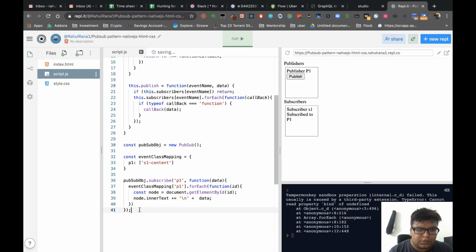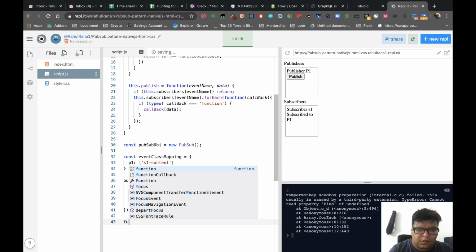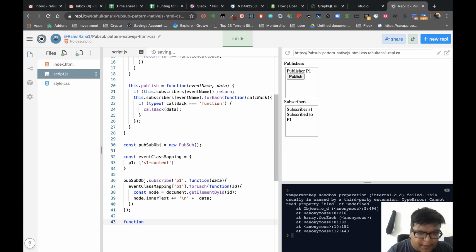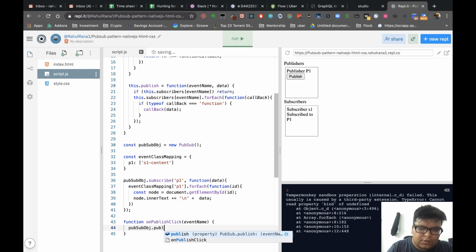Right. Now the question comes. Now we have another function on publish click. So when we click on publish, here you will pass the event name, and there we will do dot publish.